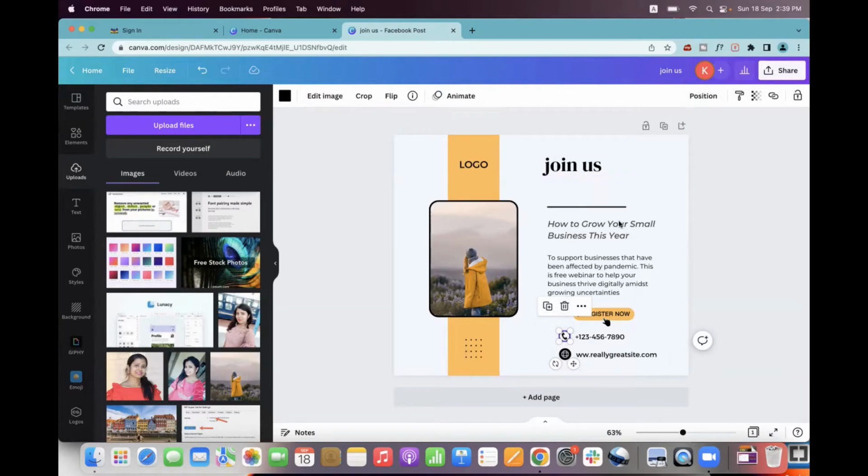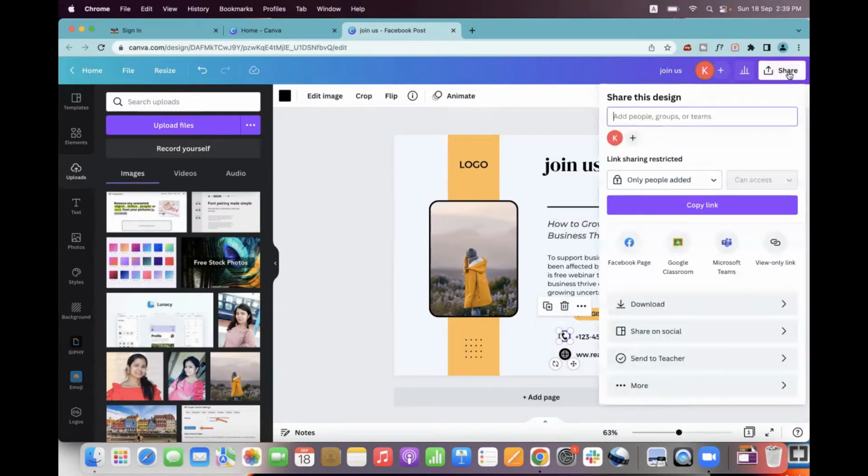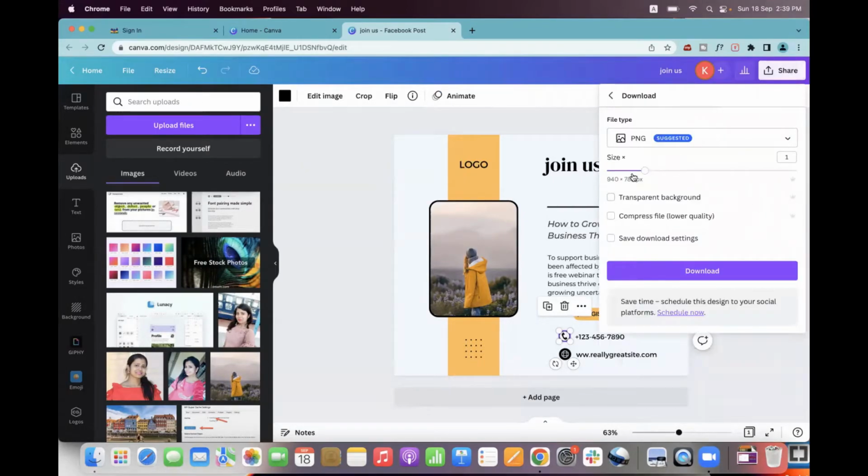Okay, so we will download this image. So you need to go to here, share option, and here you will see the download option. Just download this one,